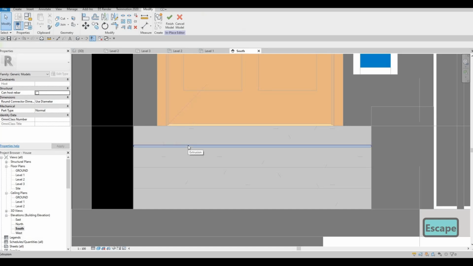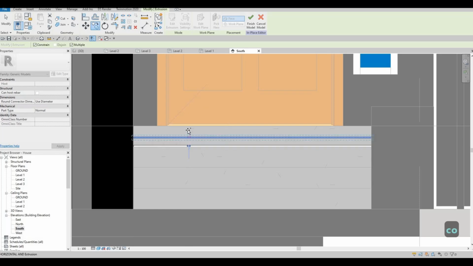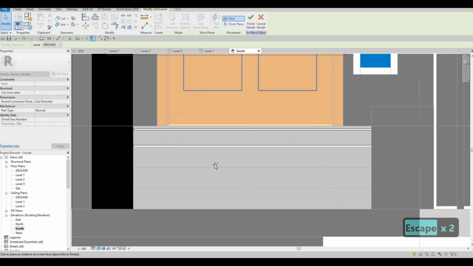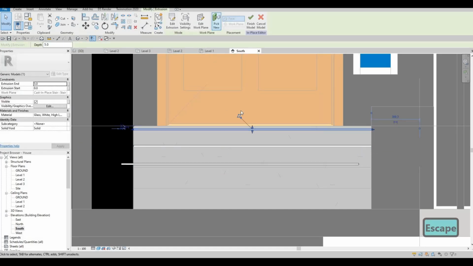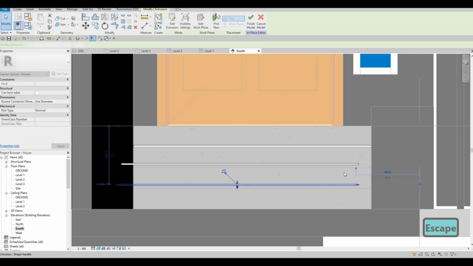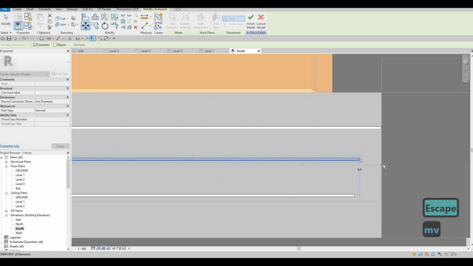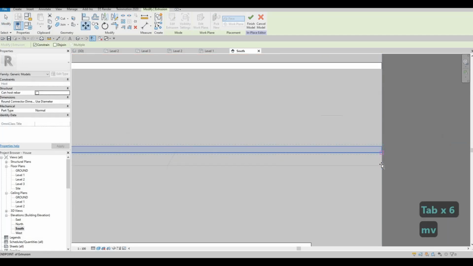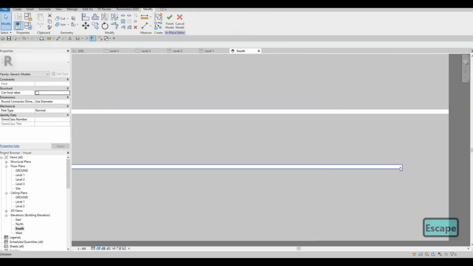I want to add another one, so I'm just gonna add 2 more. I'm just gonna copy it first, and then here I'm gonna pick, and then we're gonna pick again here, and then we just need to put it in place. So we're picking the face, and then just moving this one, there we go,